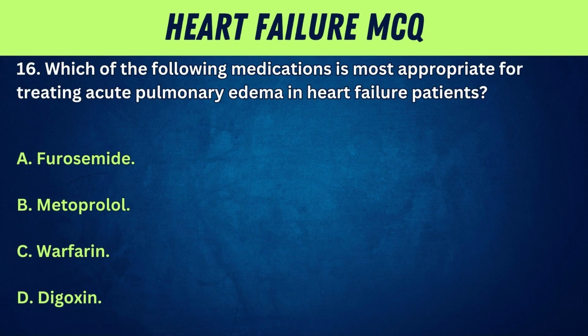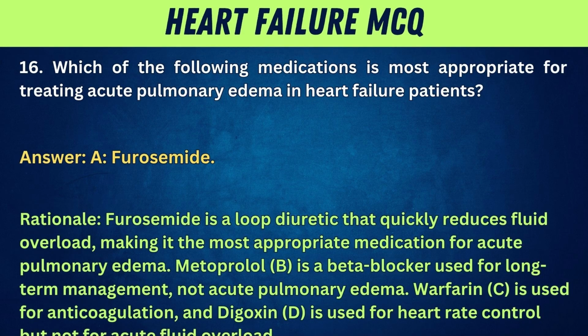16. Which of the following medications is most appropriate for treating acute pulmonary edema in heart failure patients? A. Furosemide. B. Metoprolol. C. Warfarin. D. Digoxin. Answer: A. Furosemide. Rationale: furosemide is a loop diuretic that quickly reduces fluid overload, making it the most appropriate medication for acute